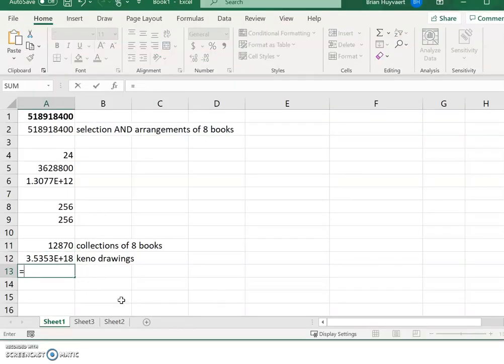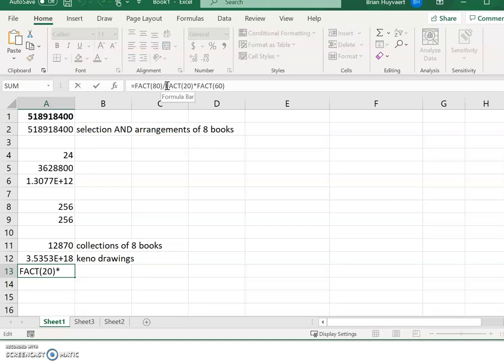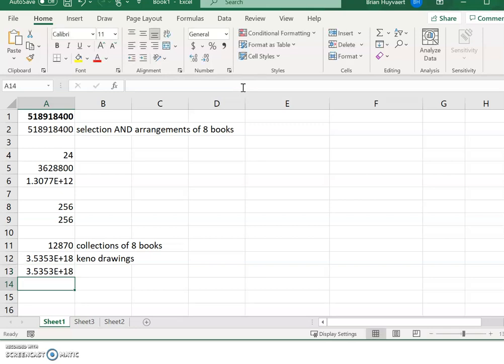So equals fact 80, right? So there's going to be 80 factorial divided by, now the only thing to be careful about is if I just go through and I don't think about order of operations or how this is going to be interpreted, if I just said fact 20 times fact 60, right? If I just went through like that, we're going to get a different answer. So really we have to think about the multiplication, the 20 factorial times the 60 factorial, all of that was happening in the denominator. So when we divide, we want to put some big parentheses around that product,